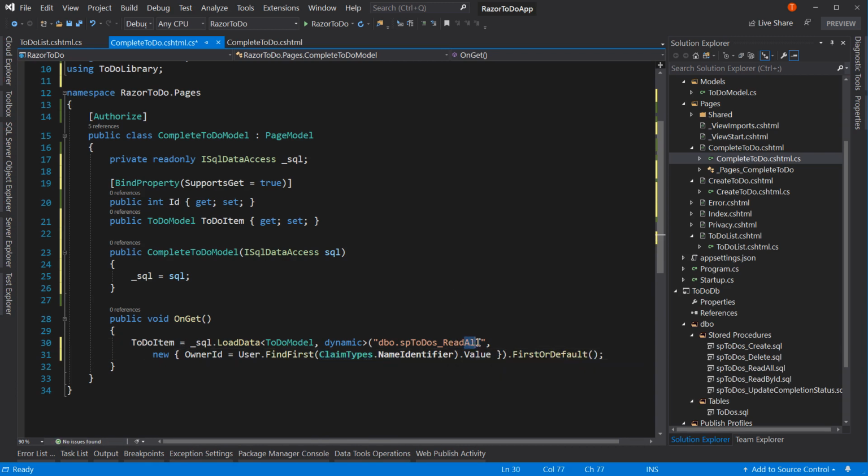And then not read all, but read by ID. And make sure that's what it is, read by ID. Yes, it is. So that should get us just one record back. So we're passing the owner ID in. We also need to pass in the ID itself. So we're going to say ID equals